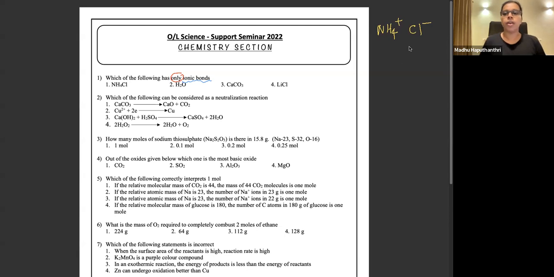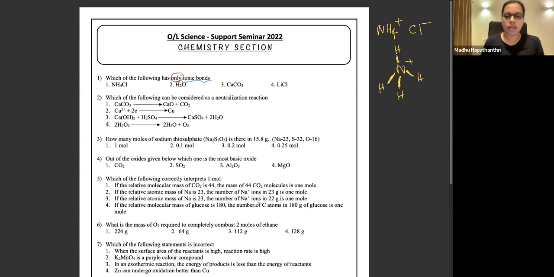Yes, nay? Right. Okay. So then ammonium chloride is consisting of ammonium and chloride. So ammonium is a cation, chloride is the anion here. Between the cation and the anion, you have the ionic bond. Then where do you get the covalent bond? If you go into the ammonium ion, right? So nitrogen is getting connected to 4 hydrogens. And the positive charge is there on nitrogen. So these bonds, the bonds that nitrogen is forming with hydrogen, those bonds are covalent, right? So then ammonium chloride, take care, it's having covalent bonds and ionic bonds, both of them are there.